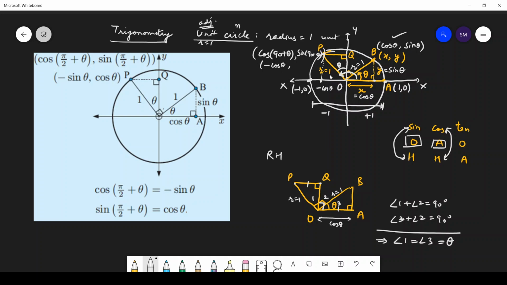Okay, now what about the y coordinate? Y remains in positive territory, x has become negative, so that is why this length, which is equal to cos theta, so both lengths are cos theta, but this one is on the positive x-axis and this one is on the negative x-axis, so that is why this length has become minus cos theta. So that is why they call this minus cos theta, this length moving here on the negative x-axis. So the coordinate here,